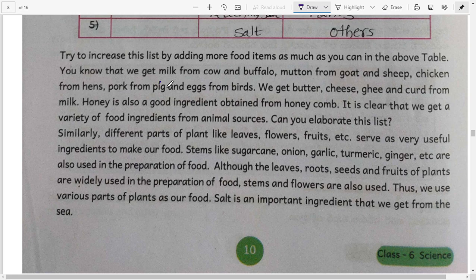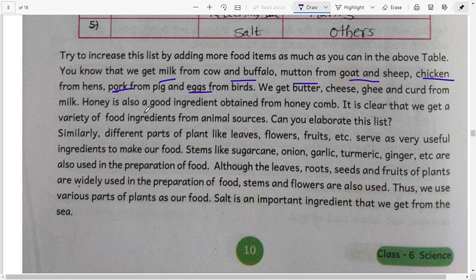We get milk from cow and buffalo, mutton from goat and sheep, and chicken from hen or cock, and pork from pig. The meat available from the pig is called pork. Eggs come from birds, and we also get butter, cheese, ghee and curd from milk only.